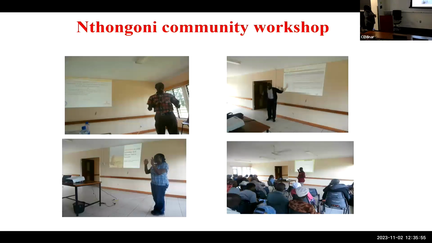Oh, sorry. So the other extremely important part of the work we were doing is once we gathered all the data from the clinic, from the animals, we went back to the communities because we thought it was important for us to tell them, this is what we found in the community, and these are the risk factors that can make you get zoonoses, and this is how to mitigate them. And also allow the communities to give us feedback in terms of why they are doing the things that they do, right? But we also had a separate stakeholder workshop where we also gave them feedback from the community